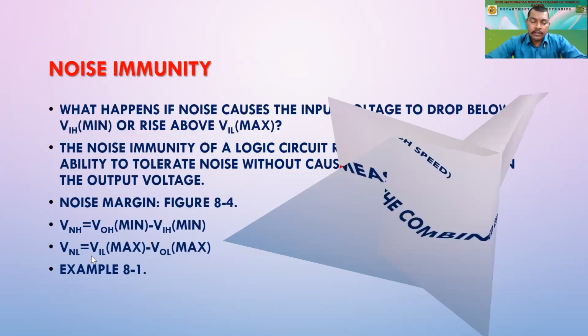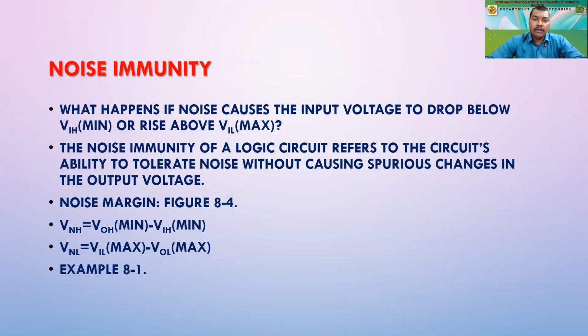Then the noise immunity. Remember, it is about whether the input applied to a gate is going to be taken as noise. If I want zero, or low, to be given to a gate, and it is gaining some power, and if that 0.4 is going to be considered as high, then that is called noise.